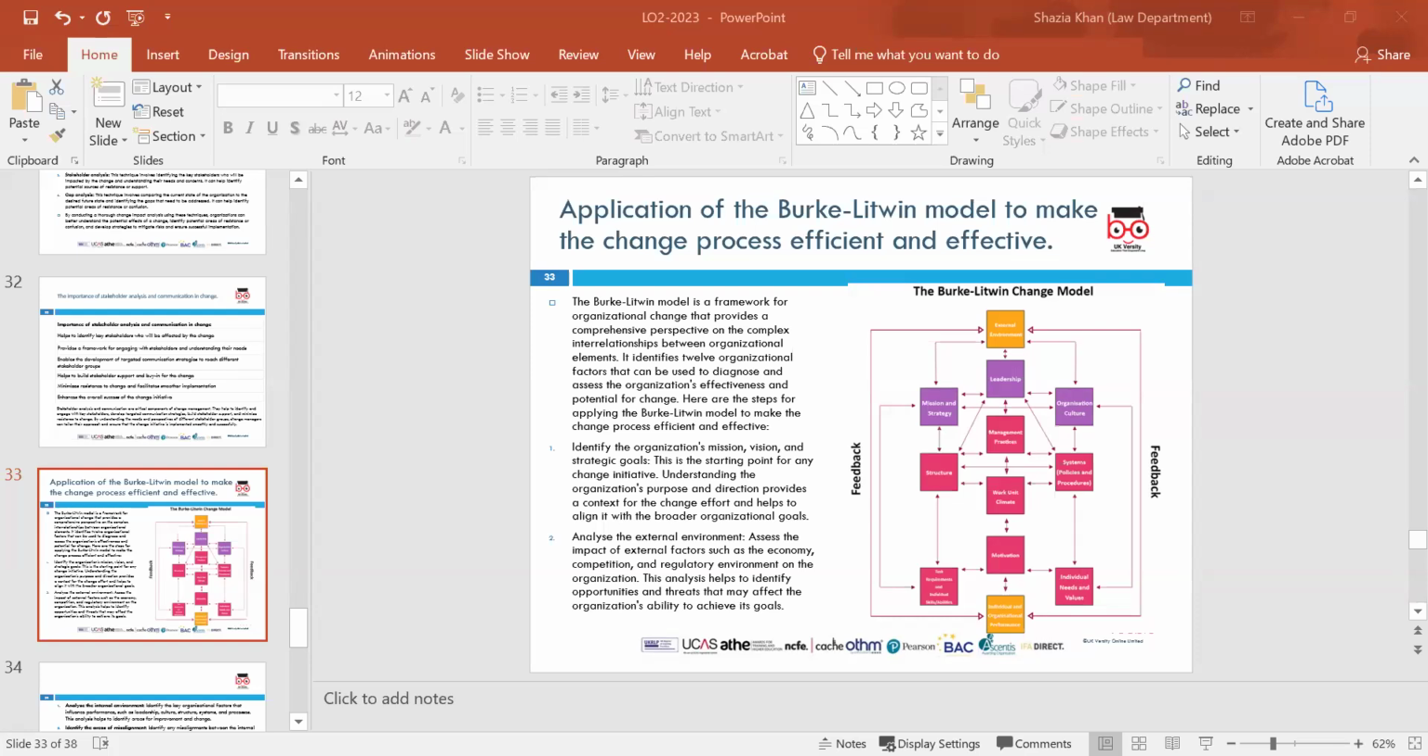They look at structure, work unit climate, systems, policies, and motivation. They look at the tasks, requirements, and individual needs. So, this model really plays a big impact in elements of it. And it was developed in 1992 and is used to understand an organization's component parts and how they relate to